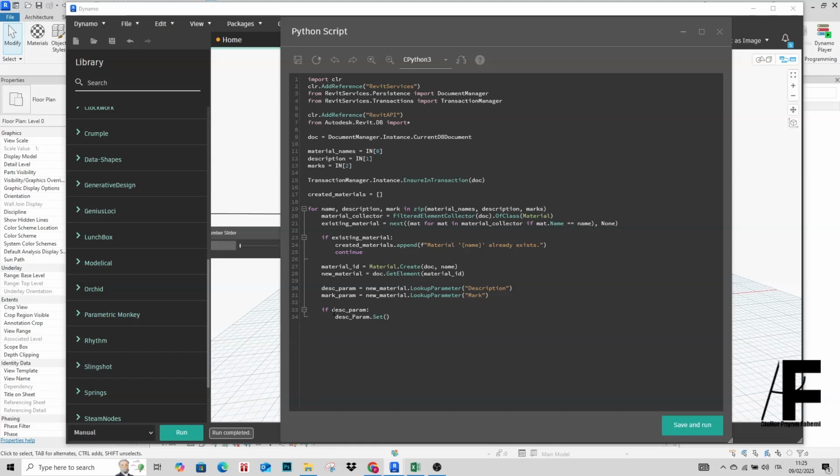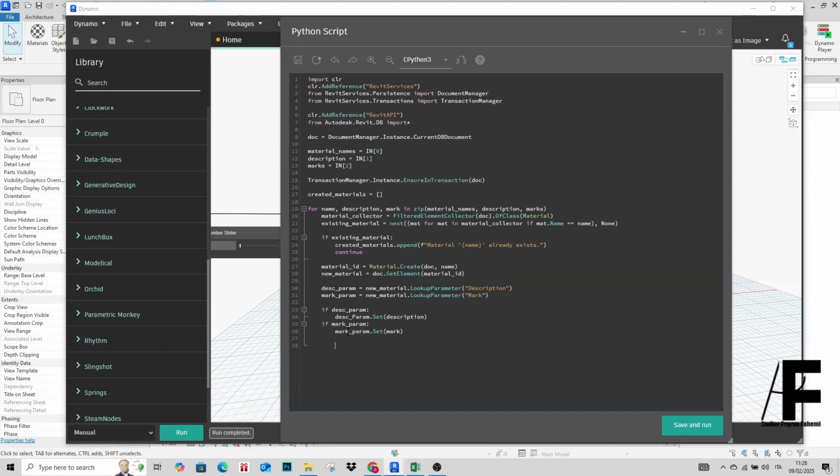Actually we are assigning the description value, and I'm going to use another conditional for the other one, which was mark, and we are going to set its value as well. All right,